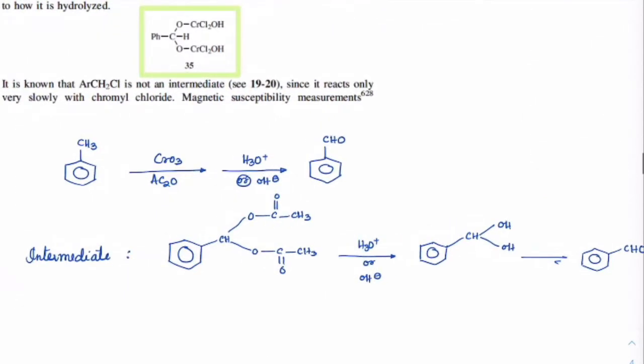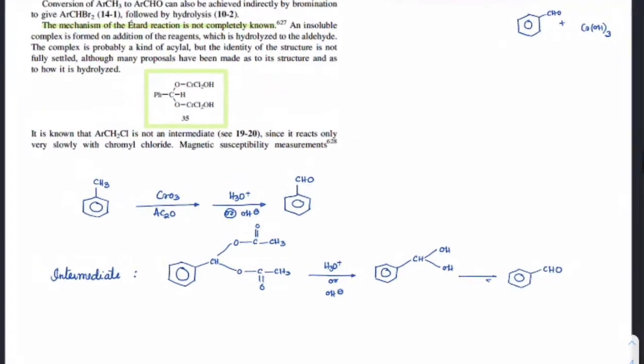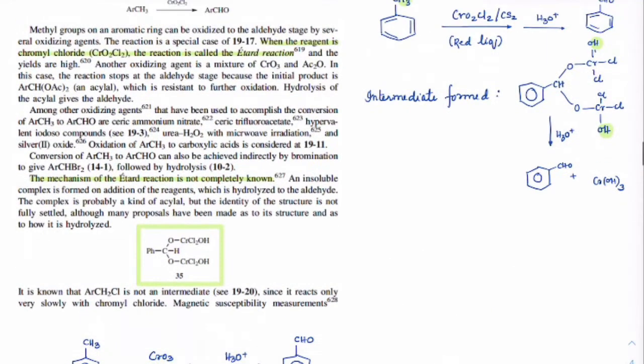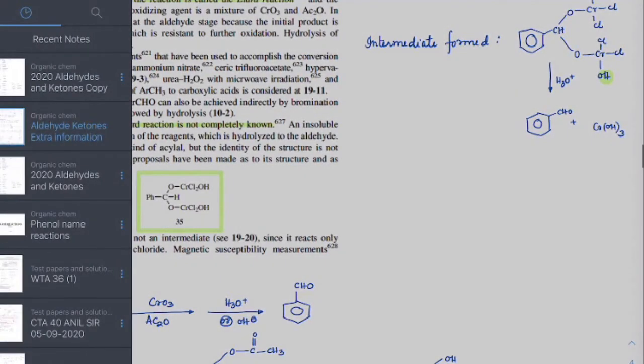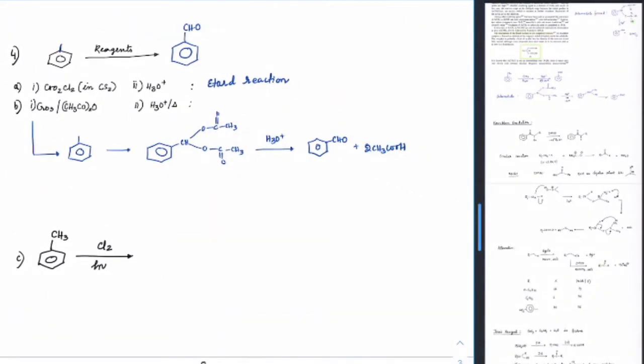The same thing, how it is happening for the anhydride, you can check out. The anhydride will make this bond here. On hydrolysis, we will get these two OH groups which will end up forming the aldehyde. Okay guys, again this is for your reference, so whenever you want to check the mechanism, you can come back and check. As far as your syllabus is concerned, you just need to know this much. This is the mechanism which you need to know.